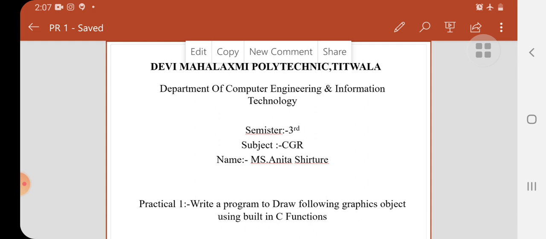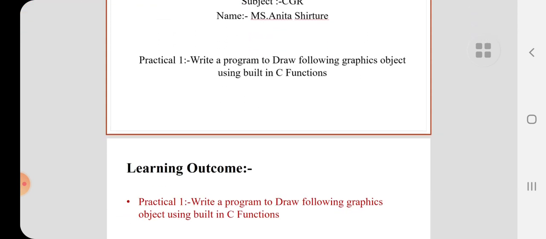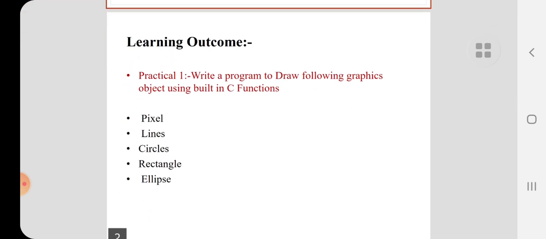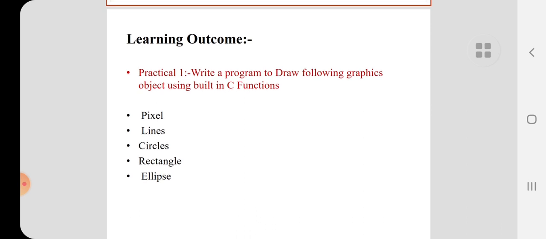Everyone knows about graphics because the subject is computer graphics. Graphics is images, and using C programs we can draw pixels, lines, circles, rectangles, and ellipses.